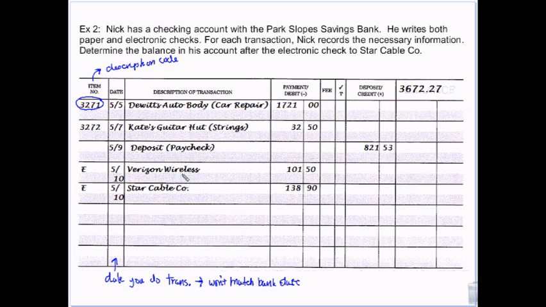Okay. Then you do the description again. It's your check register, so the description is whatever. You don't have to write DeWitt's Auto Body, parentheses, car repair. You can write DeWitt's car. It's something that will let you know what's happening. Like Target, you could draw a target if you want. It's up to you. But some sort of description so that when you go back and look at it later, you know what it was for.